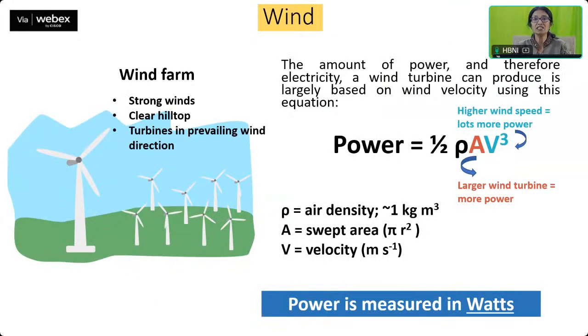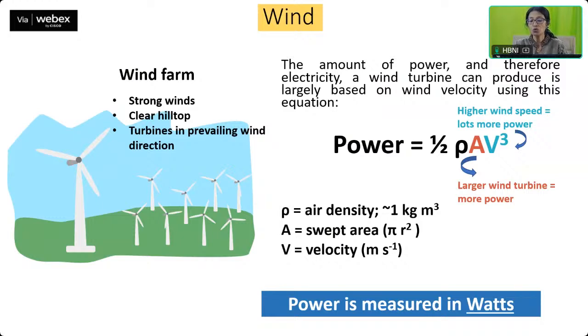So when we talk about wind, what is the wind? You know that you are having these different kinds of windmills. Wherever there are strong winds, like in the clear hilltops particularly, turbines are being used to harness this wind energy. So turbines are placed in the prevailing wind direction and they are harnessing the wind energy. The amount of power and therefore the electricity a wind turbine can produce is largely based on the wind velocity,